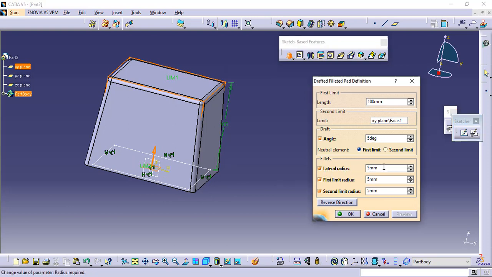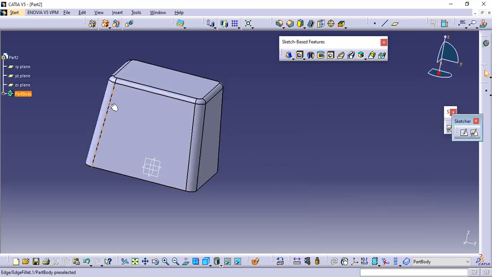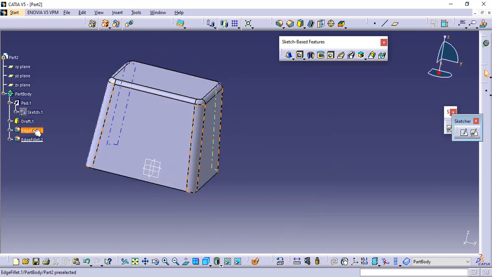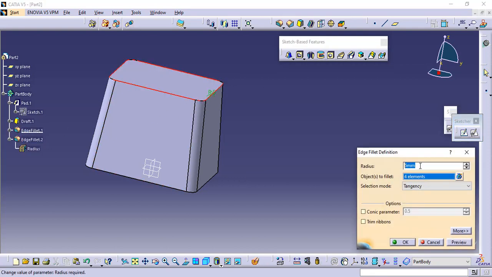What is lateral radius? We can change it so we can understand. The lateral radii are the corner radii. Okay, here you can add from here also. Edge 1 is the corner radius and edge 2 is the top corner radius. You can add it, double click and you can make a change like 10, preview,